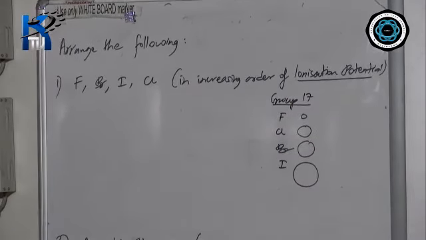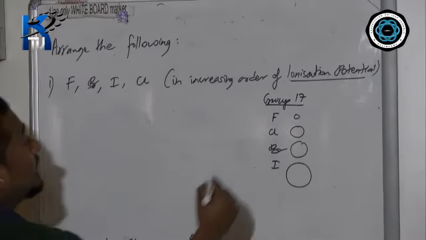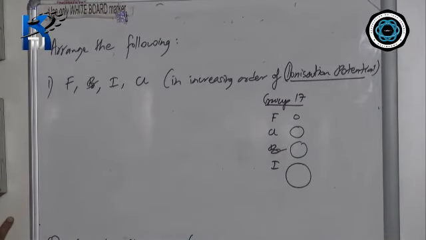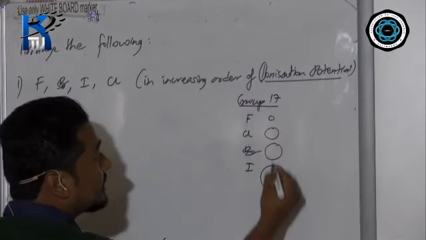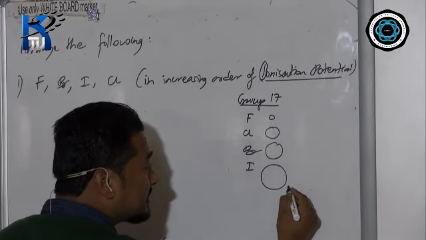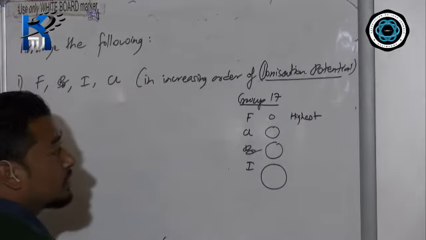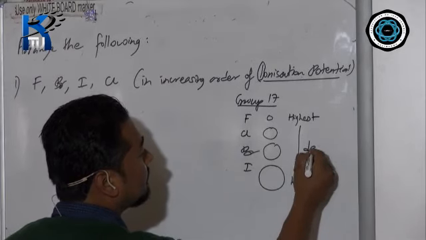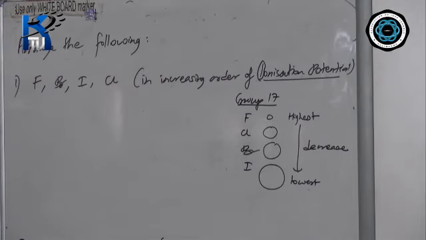Ionization potential. Now again remember the concept of Papuni, Papumat which I gave. Again, if you see here, the word is I. So it comes under Papuni. That means in a period it will increase, and in a group it will decrease. So in a group it will decrease means fluorine will have the highest value of ionization potential, and iodine will have the lowest value.